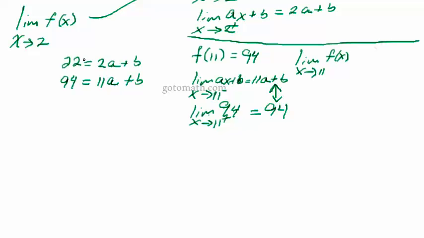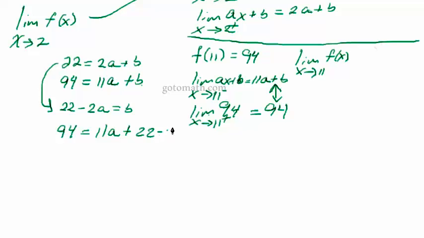What we're going to do is just a substitution method here, where I'm going to take this one here, go 22 minus 2a is equal to b, and then we'll take this and plug it into here. So we have 94 is equal to 11a, and then plus 22 minus 2a. Alright, we just plugged our b in there, and now we can go ahead and solve for a in this problem. So 11 minus 2 is 9, right? 9a, and then I'll bring that 22 over, so we have 94 minus 22,